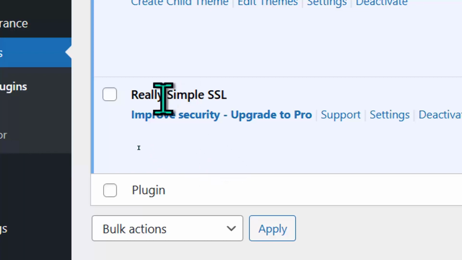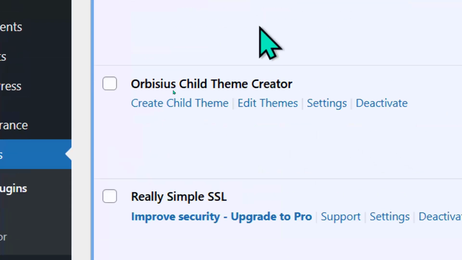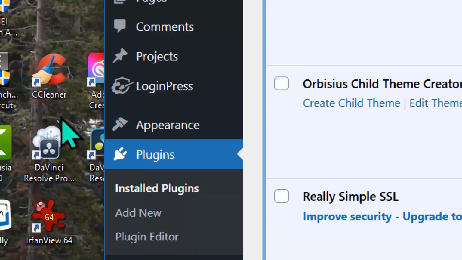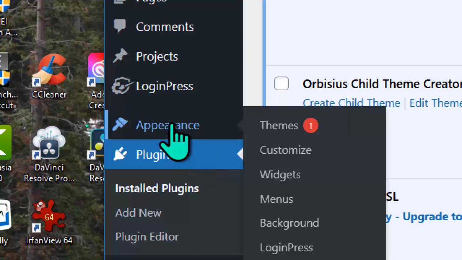Okay, that's why I have this really simple SSL plugin in our website. It gives us the secure protocol that keeps people from getting the warning when they visit it for the very first time. Now let's go back to the appearance,